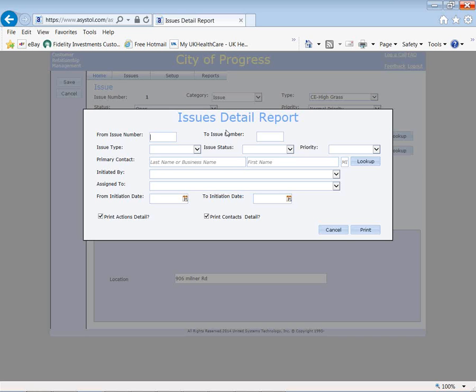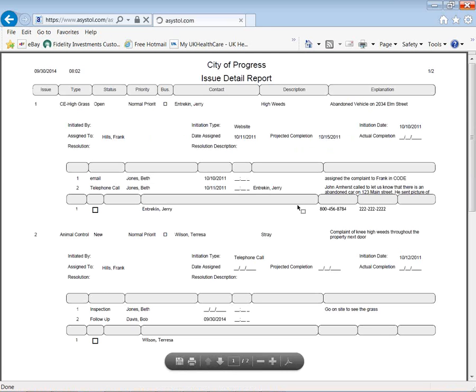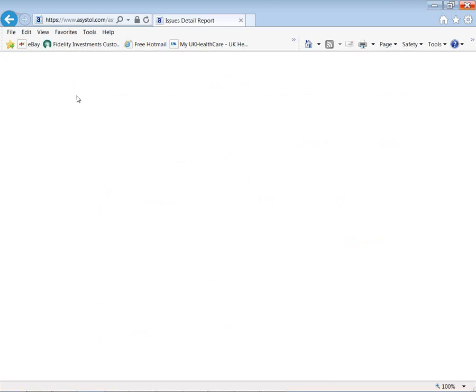Maybe the council wants to see everything that happened within a time period. So you can pull out everything this month and all the detail. Or they may want to pull out by status. You can pull it out if you're discussing, maybe you're going to talk about animal control at your council meeting. So once again, these are your codes. You can pull it in detail, and it's going to bring in all of the actions. So all the reports, they print to a PDF, so you can print this, you can email it. So you've got a couple different ways to print the information out, detailed or summary, but all the fields are